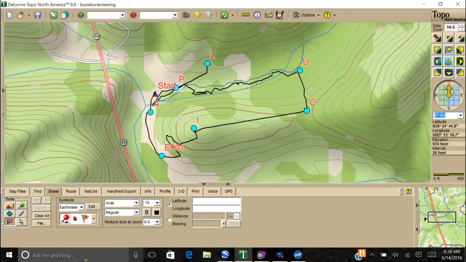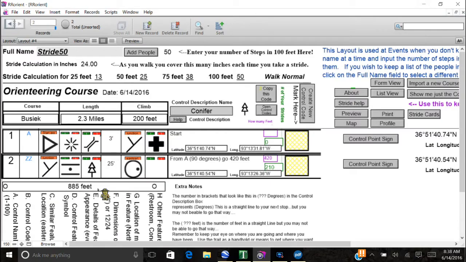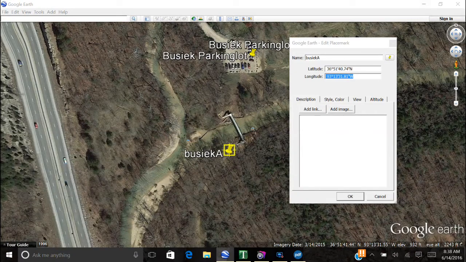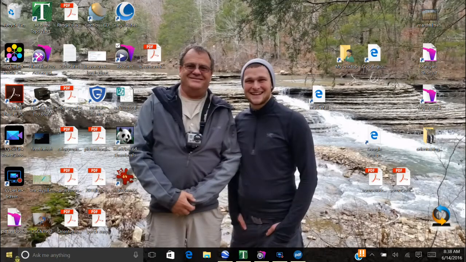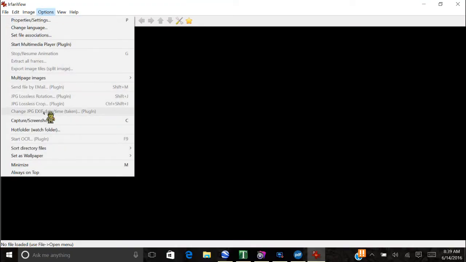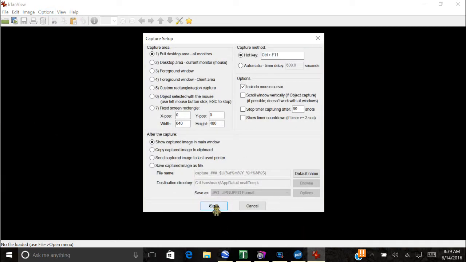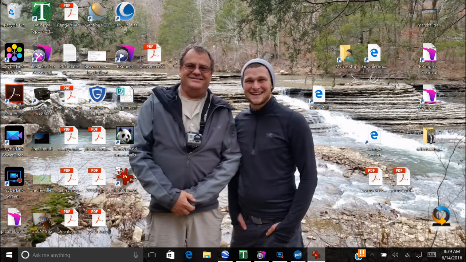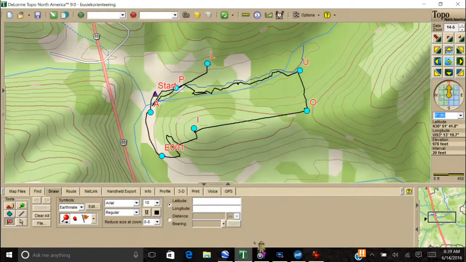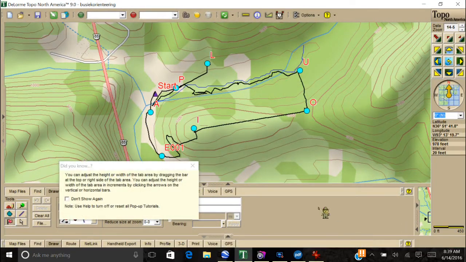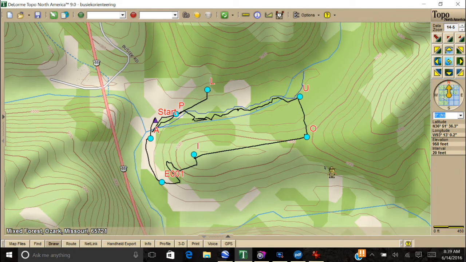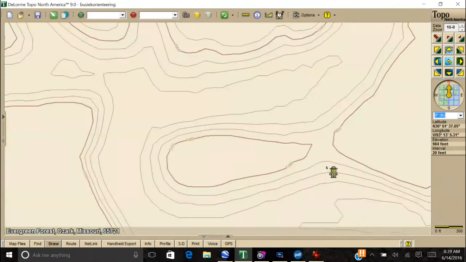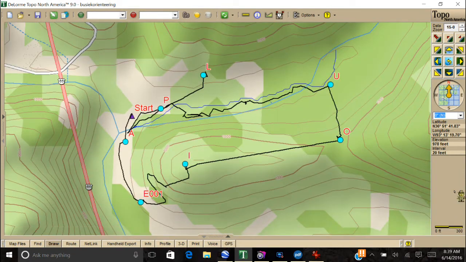Okay, for sake of time, I'm going to show you a tool that I use to grab this. We'll close all them down. We'll use a program called RRorient. Free program, you can download it off the web, and it's a great little program. I use it all the time, and it will capture screenshots. So let's go over here and grab this topo, and let's just say I get it about where I want it, right in there, and then I'm just going to capture it. So I go Control F11,